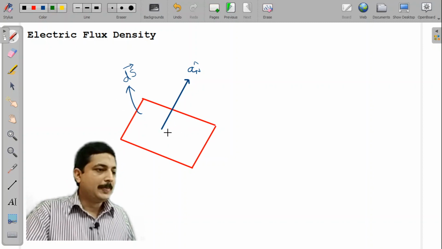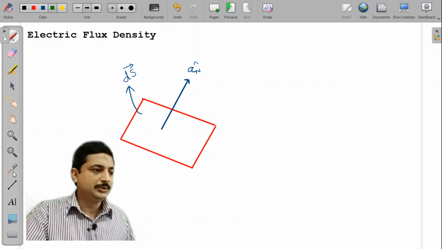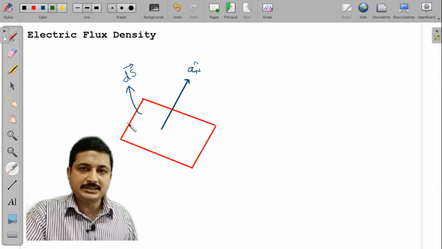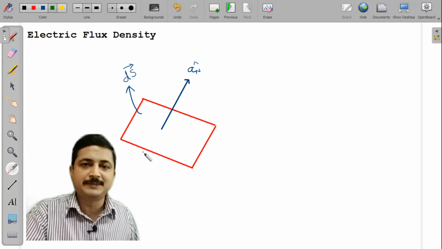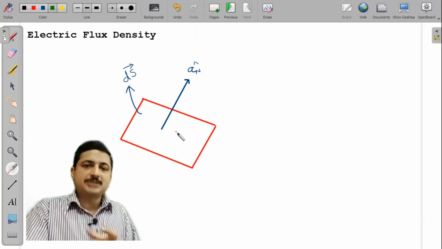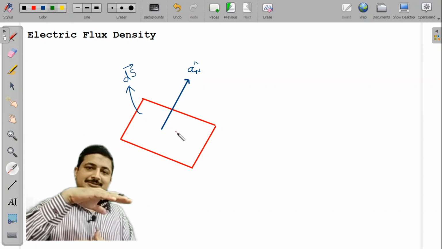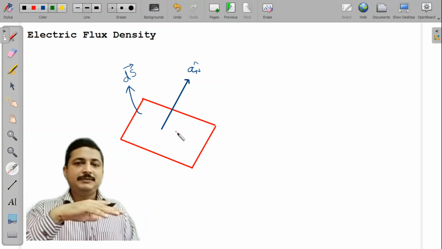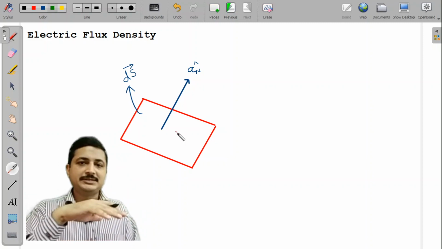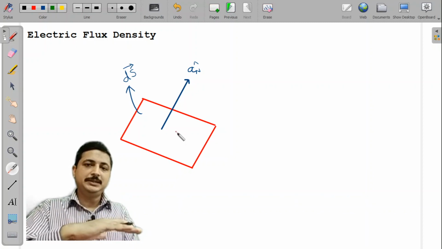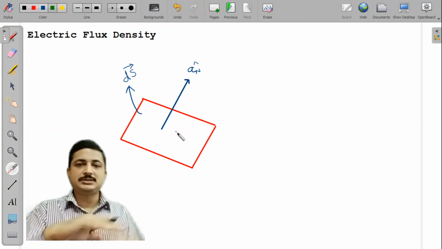Now, assume that there are flux lines passing, so many flux lines passing through. The idea is I have held this small area, surface area. You assume that this is a small glass plate, held normal, and you are lighting a torch below that. If you have the ability to see the light rays, what will happen? We call it a beam of light. You are good in physics, right? So I hold a small glass surface, and I switch on a torch light under that. This beam of light will cross this glass and come out, right?